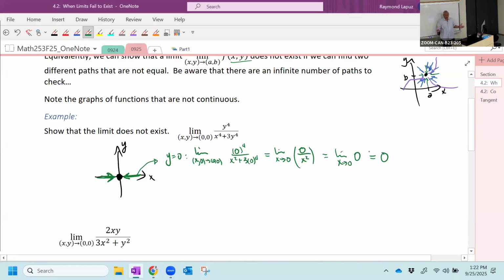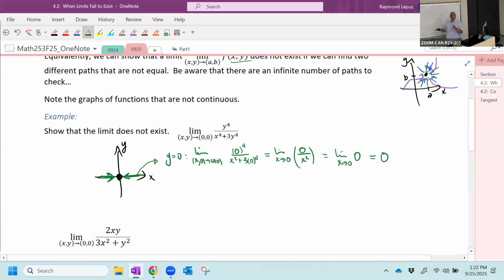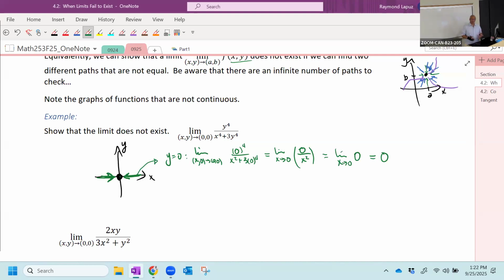So then the limit must equal 0. As I approach this point while I'm on the graph, let's pretend I'm on the graph, my limit is going to be 0. All right, let's